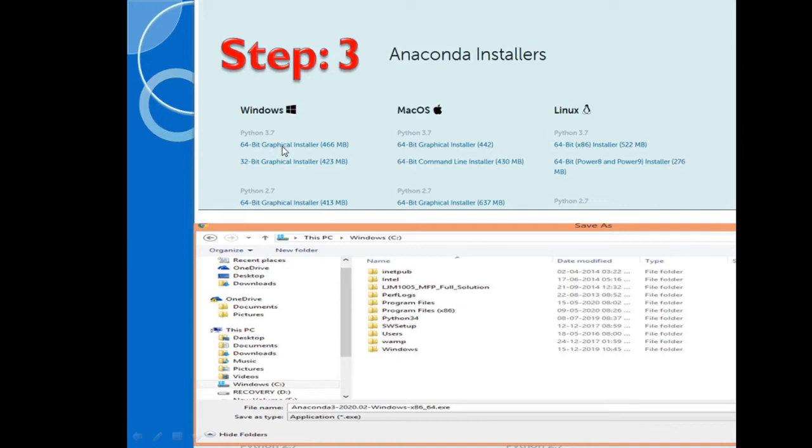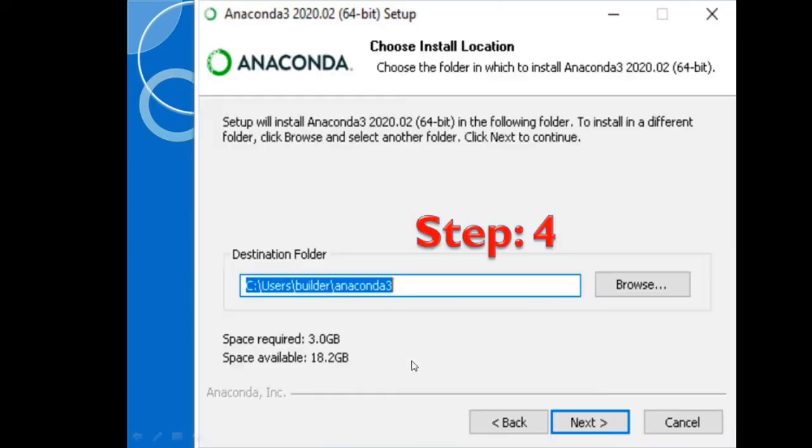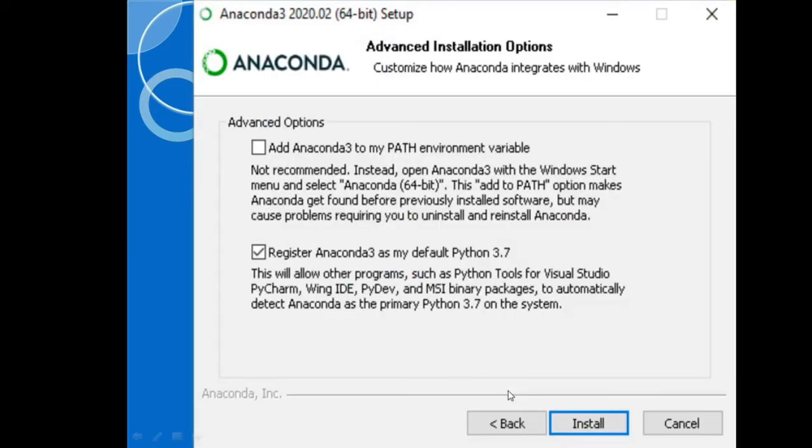Once you click that, you will be asked to give the path or the folder to save the installer. So I have installed in Windows C. Okay, the next step will be choosing that and invoking the installer. Automatically you have to press the next button, and then you have the install.